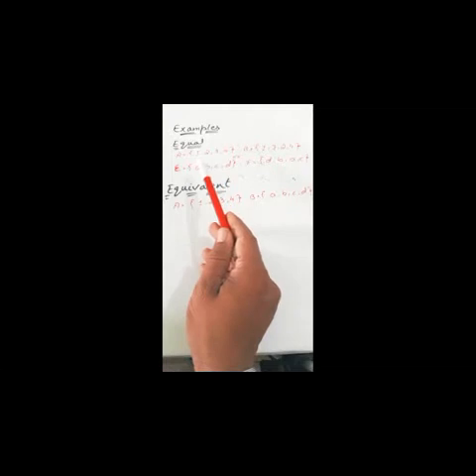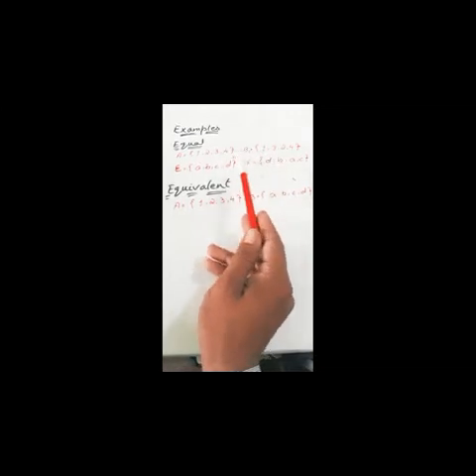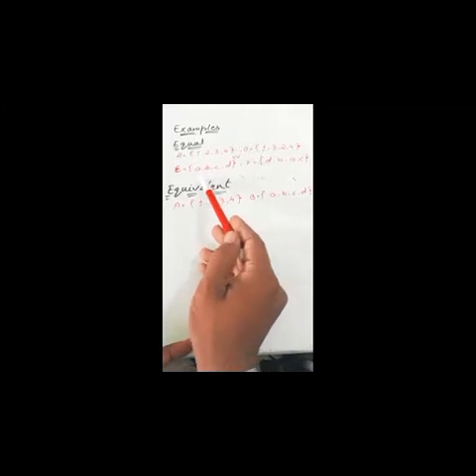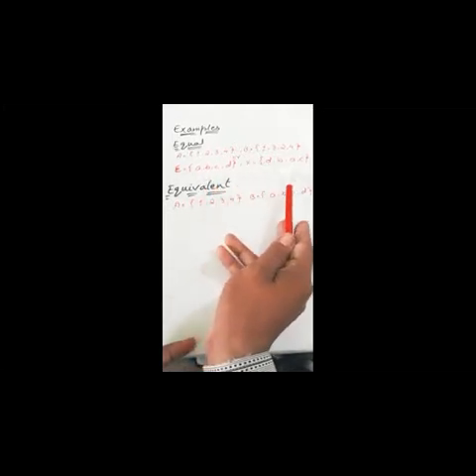1 is in A and also in B, 2 is in A and also in B, 3 in A and also in B, and 4 in A and also in B. Same is the case with the second set, that is A, B, C, D, and here is also A, B, C, D. Means in equal sets the number of elements and the elements both are same. That's why these two sets will be called equal to each other.